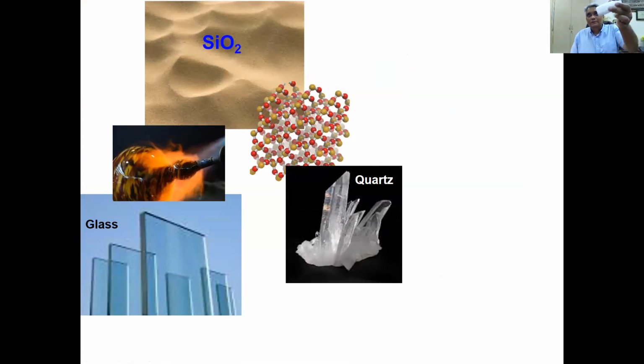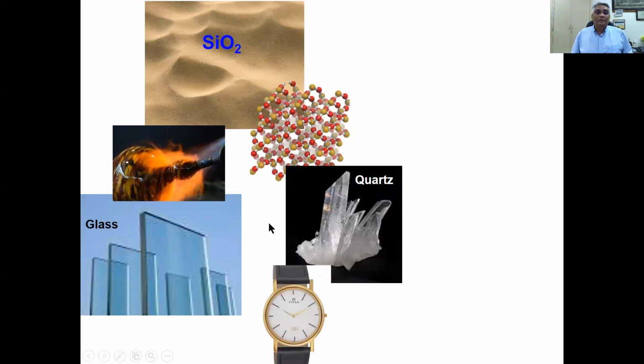I showed this to you. This is quartz, right? So the crystalline form of silicon dioxide is called quartz. And the non-crystalline amorphous form of silicon dioxide is glass. Both have great advantages, great applications. You need plenty of glass in day-to-day applications. And quartz has this fantastic application of being used in quartz windows, as quartz crystal